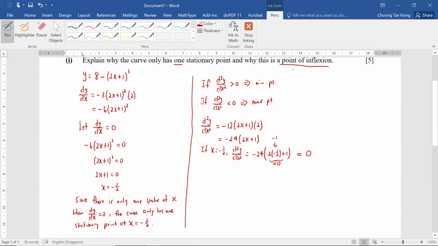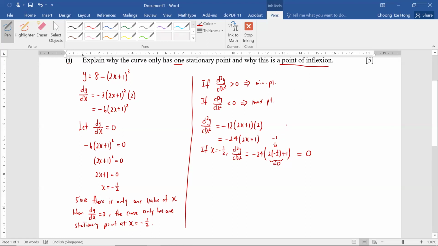It may be a point of inflection, but if d2y/dx squared is 0, it doesn't mean that it's 100% a point of inflection. It may not be a point of inflection. So how can we prove that it's really a point of inflection? The only way is to use the first derivative test. So if d2y/dx squared is 0, then we can't confirm,